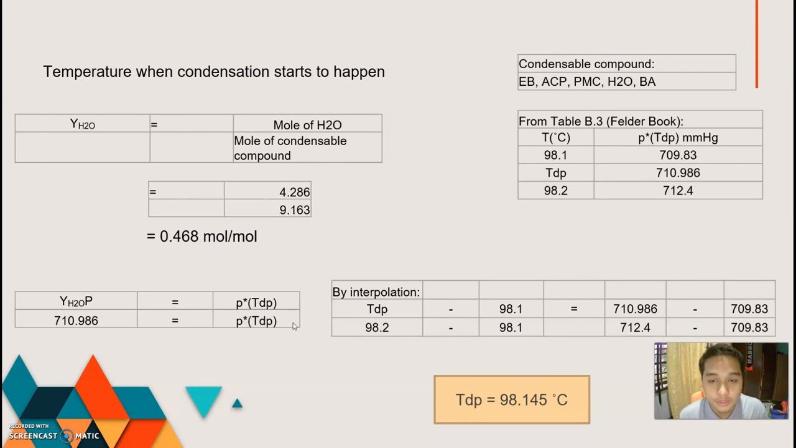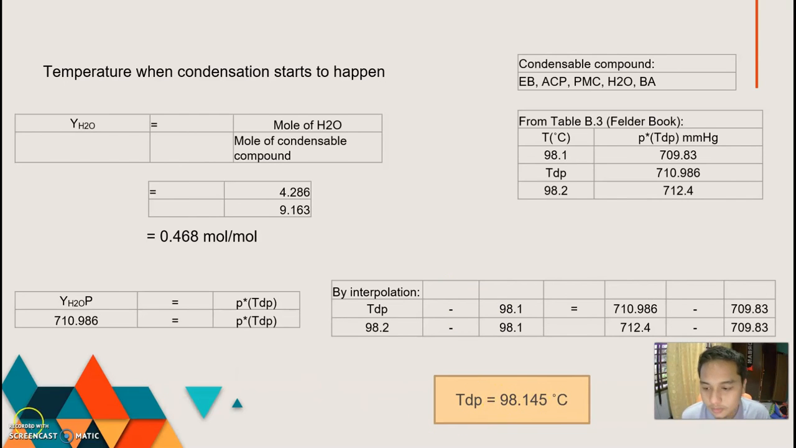Okay, for the temperature at which condensation starts in the condenser, first we need to find the YH2O, which is the moles of H2O over the moles of condensable compound. This is our condensable compound. After that, we multiply it by the pressure in mmHg, and then do interpolation in table B3 of the Felder book. And we got the dew point temperature as